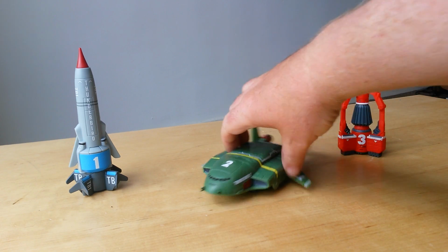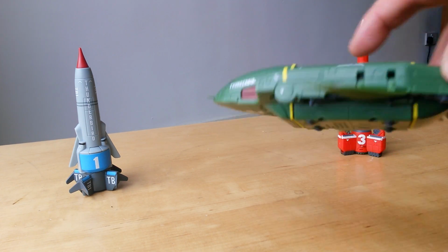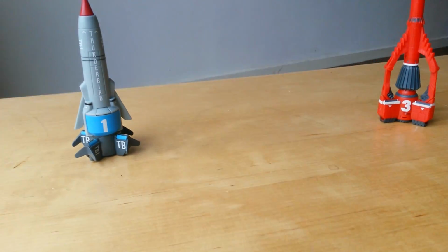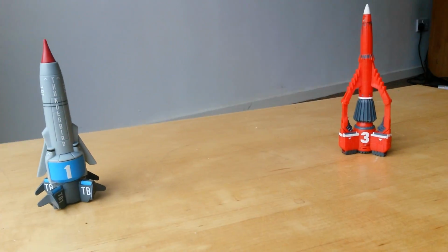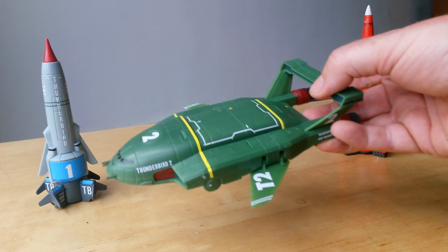Now we'll do Thunderbird 2. Mine seems to have a little problem. See, it seems to lower there. It falls out. It isn't very well fixed in there. So that's a bit of a design flaw or quality control issue. Oh, that was nearly a quality control issue there. So that's a bit of a design flaw,